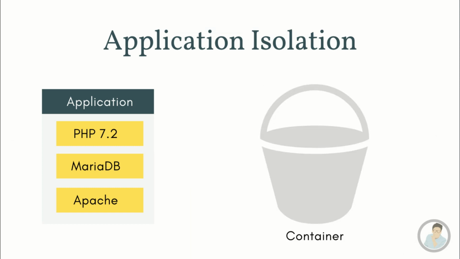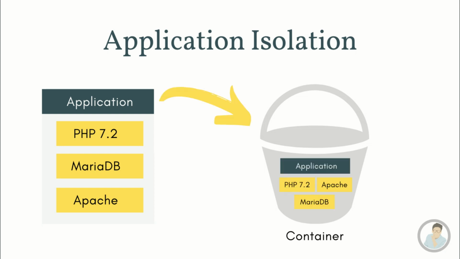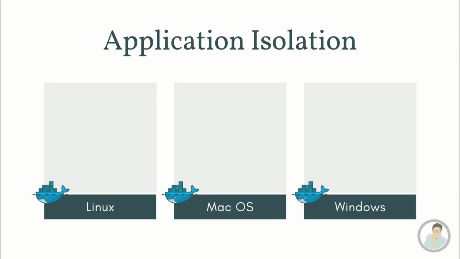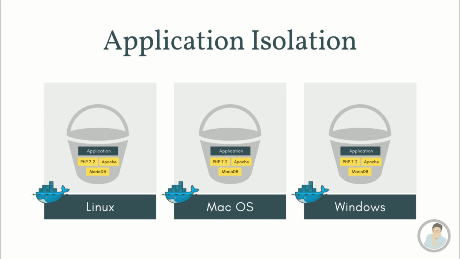Think you have a bucket. We call this bucket as a container. You put all your application code and all the dependencies into this bucket. Now you deliver this bucket as your software. Now if someone wants to use your application, they can take your bucket and start using it. But for that, they need Docker to be installed in their machines. They do not need to worry about your application dependencies anymore because all the dependencies are there in your bucket.